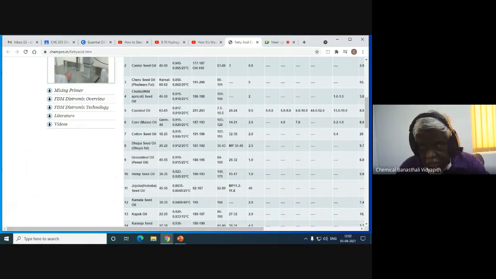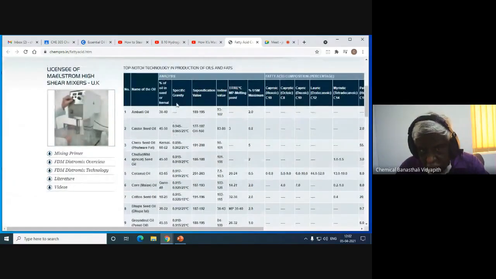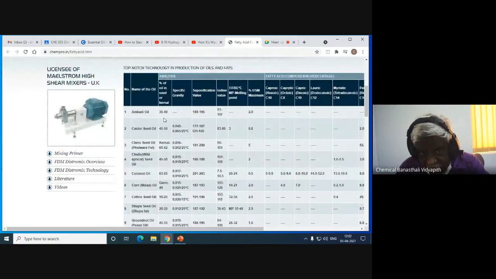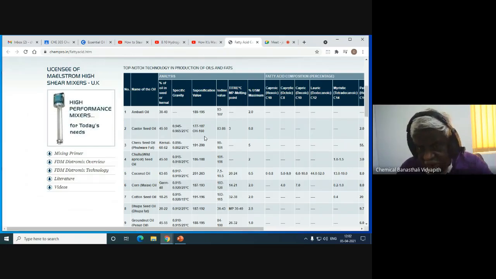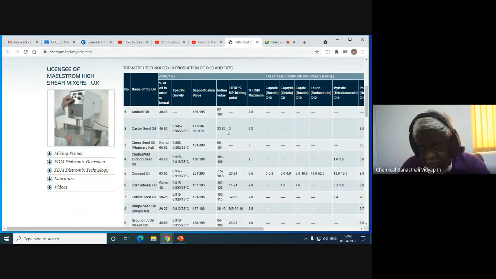And here you have the table which gives you their percentage of oil in the seed, their specific gravity, their saponification value, which tells the fat content, and their iodine value, which is a very specific parameter. We will see what it is. Then all these things,